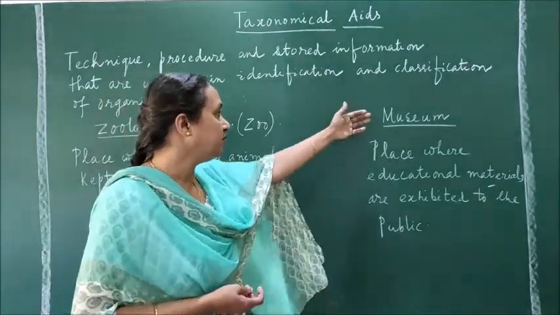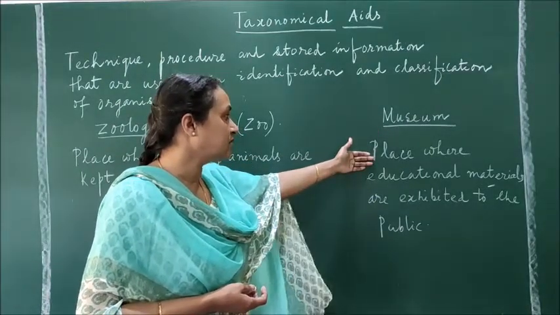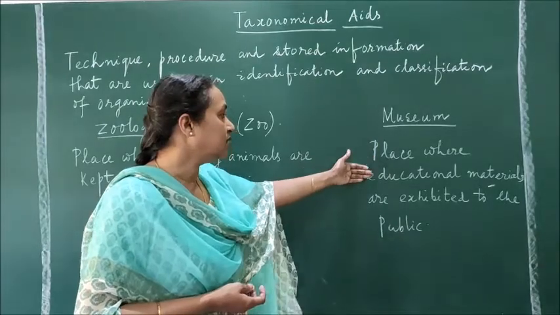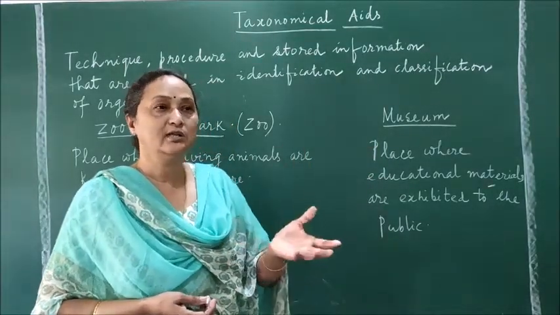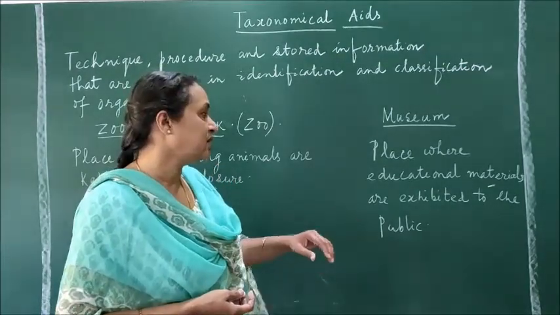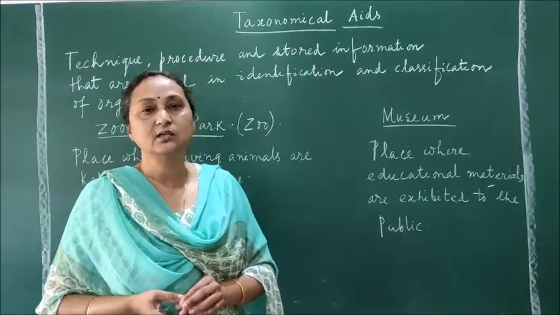Okay. So in the museum you can see everything. If you want to see any particular kind of plant, that also can be seen. Or if you want to see the life cycle of the butterfly or the housefly, that is also available in the form of specimens, or other animal specimens which are not common, those can also be seen in the museum.